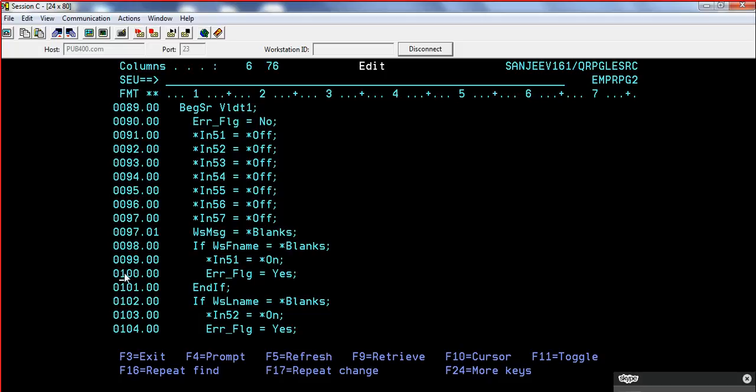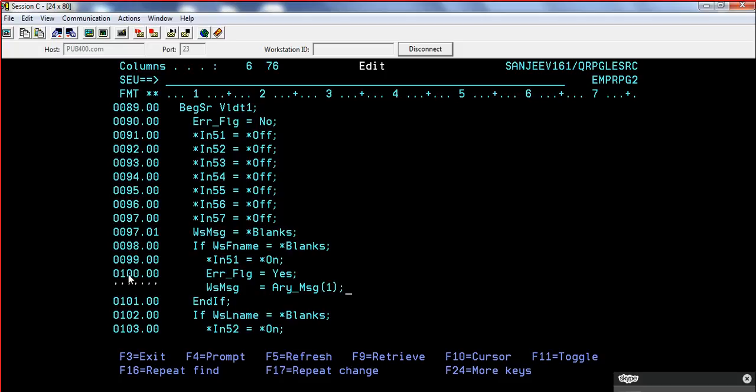Okay. So here we are in the validate subroutine. In the validate subroutine, we are going to use the WS message field. The WS message field we have declared in the footer of our display file. The footer record format we created, right? So we are going to display our error messages on that field. So WSMSG will be used for that. And now the array message